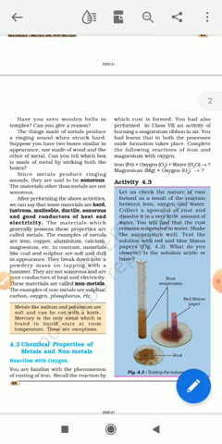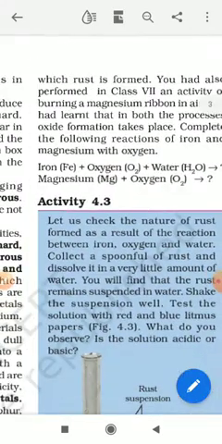Okay, one activity which we discussed yesterday in our last video also. So I am just continuing the same activity again, so that you can relate it with your content easily. Clear? One reaction has been written here: iron plus oxygen plus water. Fe is the symbol of iron, oxygen is O2, water is H2O. You can see this reaction on your screen also.